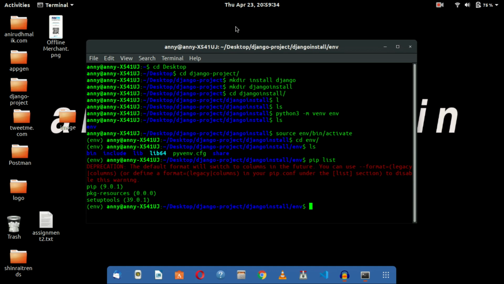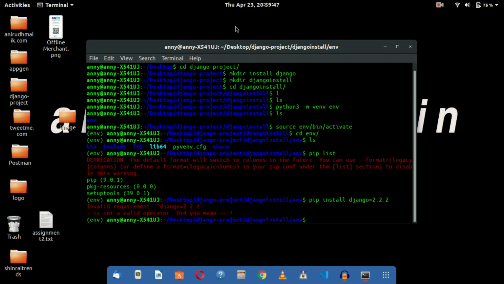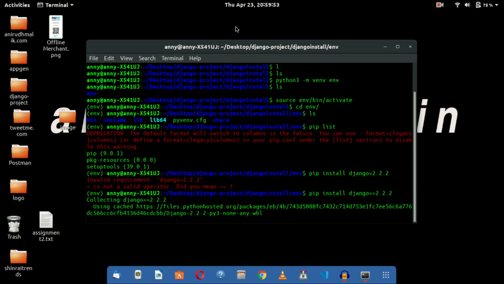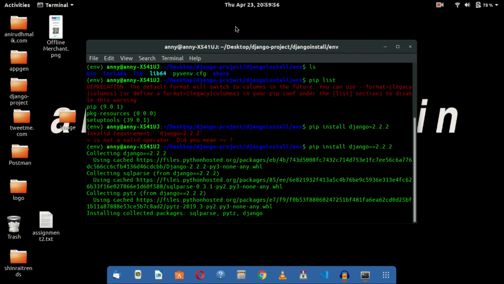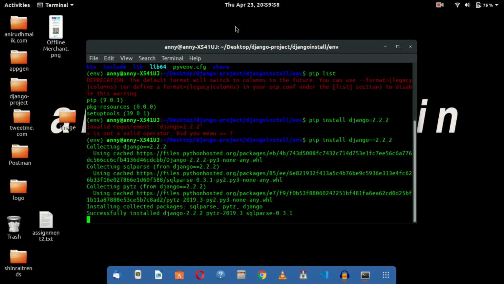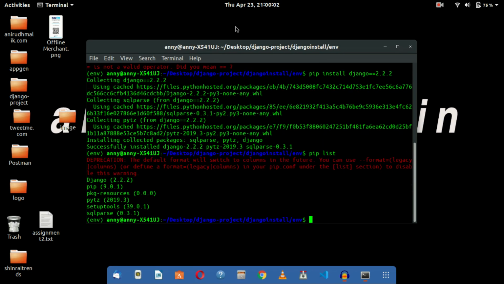So we will install Django long-term support version 2.2. It will install Django. Oh sorry, pip install with double quotes. So now if you see pip list, it will have Django installed, and you can make your new project by